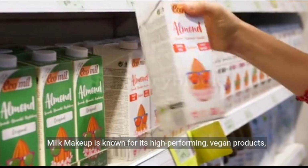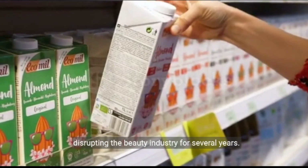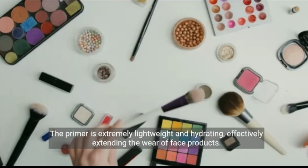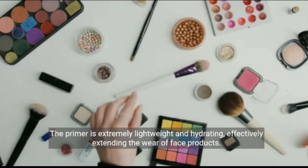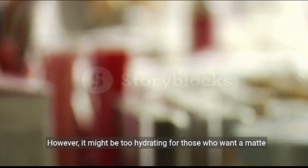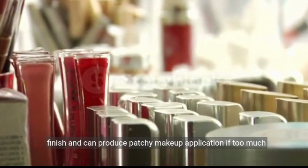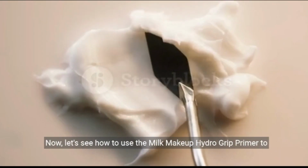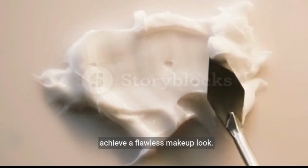Milk Makeup is known for its high-performing vegan products, disrupting the beauty industry for several years. The primer is extremely lightweight and hydrating, effectively extending the wear of face products. However, it might be too hydrating for those who want a matte finish and can produce patchy makeup application if too much is used. Now let's see how to use the Milk Makeup Hydro Grip Primer to achieve a flawless